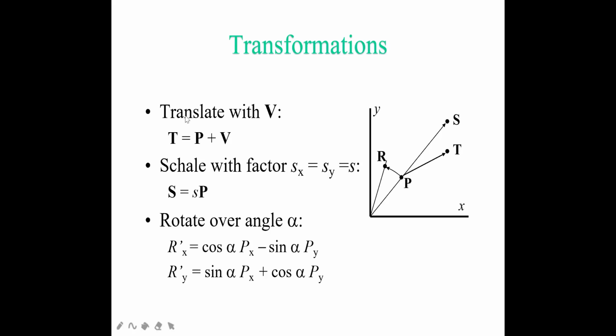Okay, suppose I want to translate, and the distance is V. Then what will be my translation vector? I have already told you that we have to add both things. So your T will be equal to P plus V. Which one is your V over here? You know that this distance is your V. Fine, so here I'm going to add it.